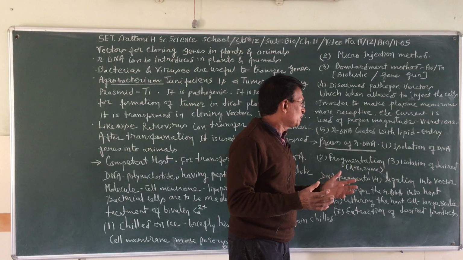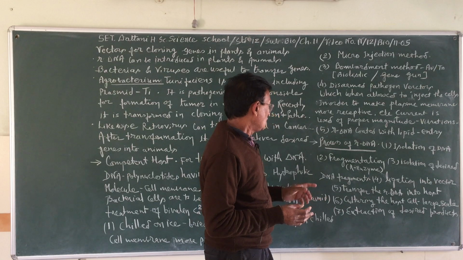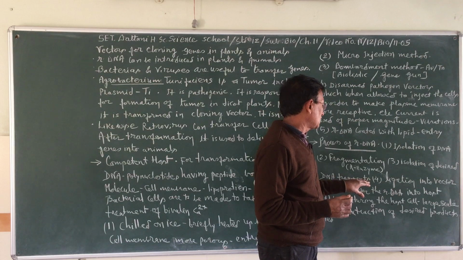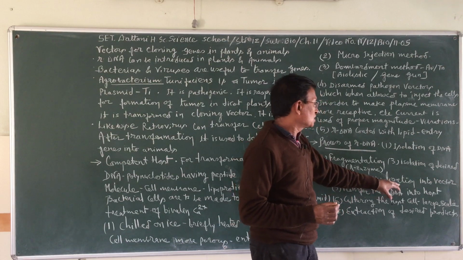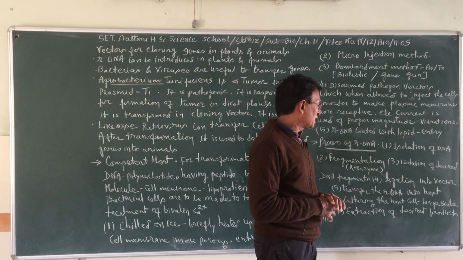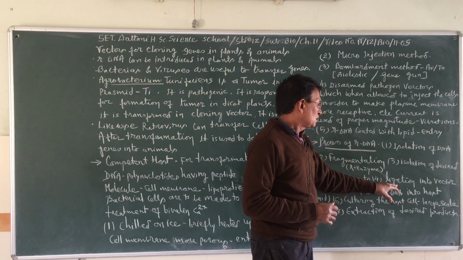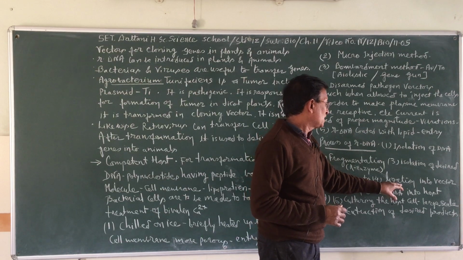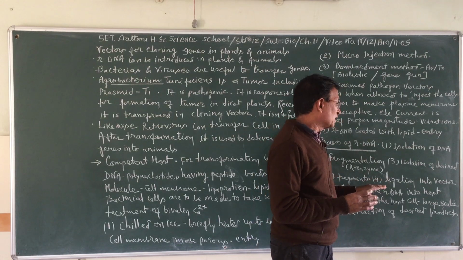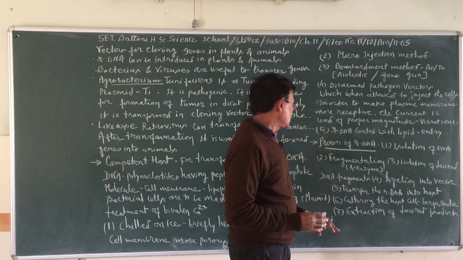Now, see, there are so many fragments. Some of them are small, some of them are big, but according to size, the desired fragments are to be selected, and then after that there can be ligation into the vector. Now see, this piece of the DNA is to be carried by the vector, and the vector should have ligation. If it does not ligate, then the DNA piece will be left aside. So ligation can be done with the ligase enzyme.